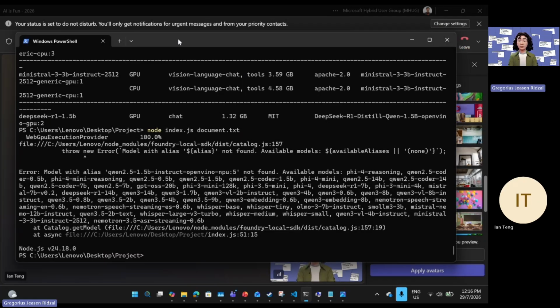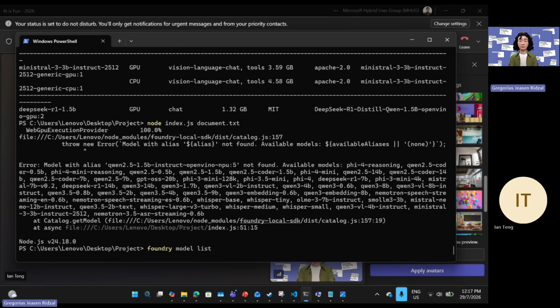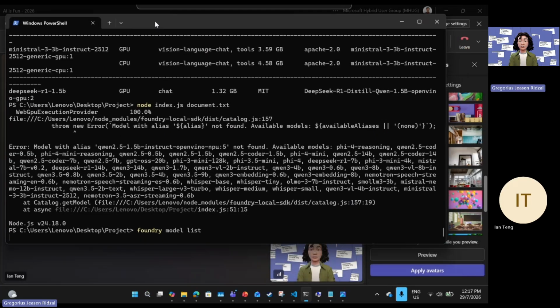And it comes in two parts. They have a CLI, a command line interface, that I've got downloaded here into my PowerShell. The purpose of this command line interface is for you to test out the models before you use them in app development or something like that. For that, it is this Foundry command. Then usually it's cache list, but actually, let me just show you model list, which shows you the full set of models they have in store. I think it's going to take a while. There are over 70 models.